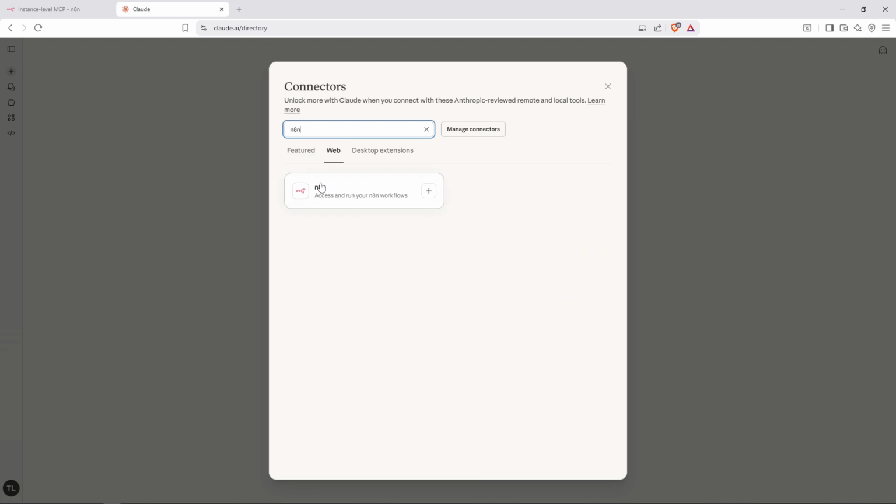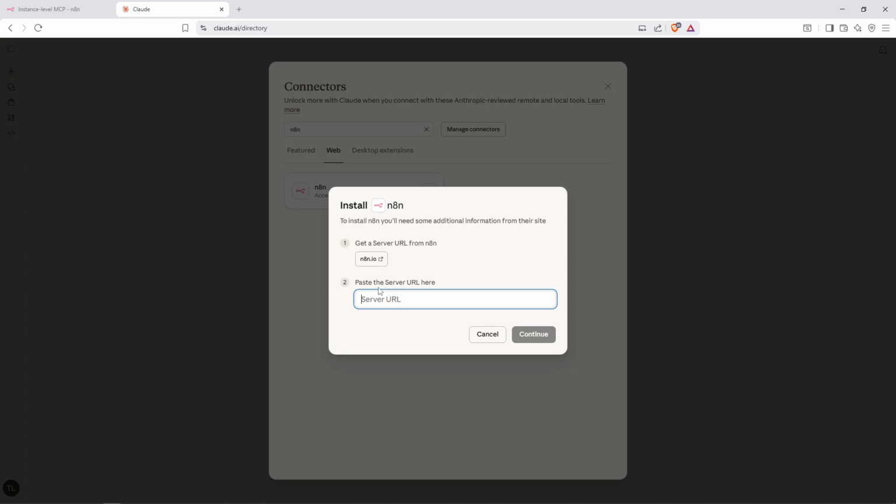Once you've located n8n, click on the plus button next to it. You'll be prompted to enter the server URL. Simply paste the server URL we copied earlier from your n8n settings and you're all set. That's it. You've successfully connected n8n MCP to Claude. Now Claude can access and trigger your n8n workflows directly through